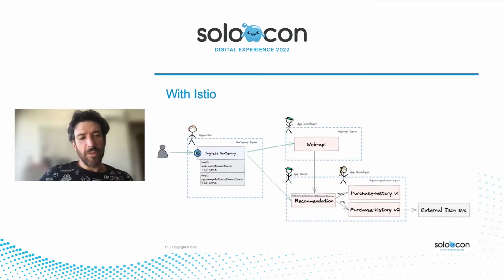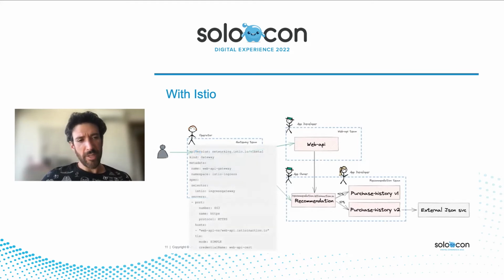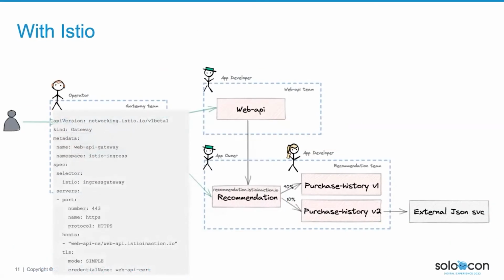So digging a little further into this architecture, let's look at what it actually takes to implement this using Istio configuration today. The first thing we'll need is a gateway. This gateway is going to expose our cluster to external traffic. It's going to define a port on which it's listening, and we see some hosts that it's importing. So we can see here it's got a host from the Web API namespace, which will serve our Web API domain to external traffic.